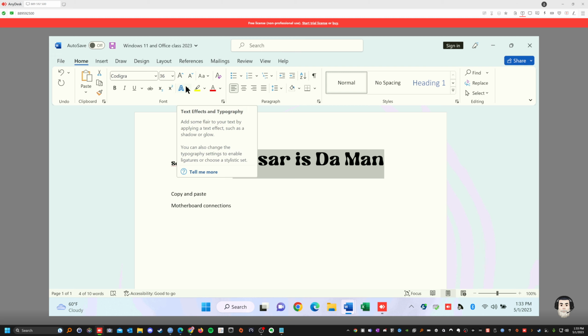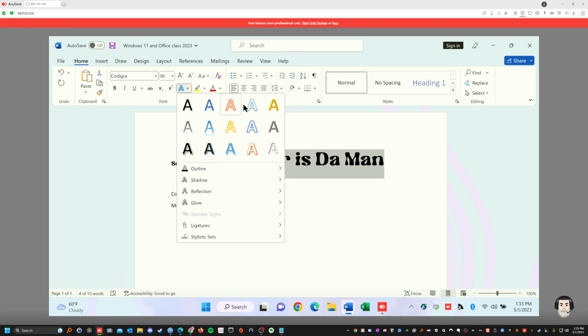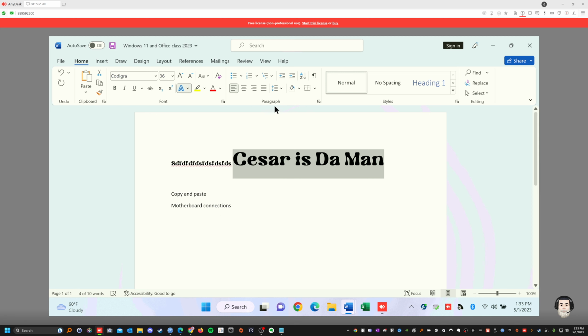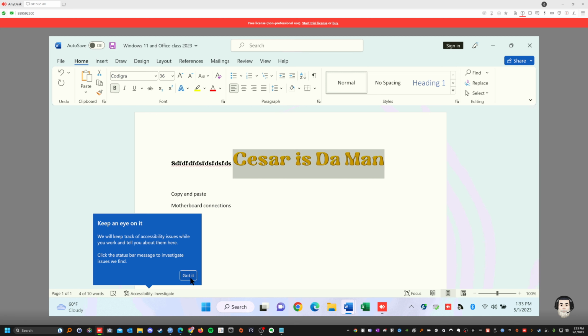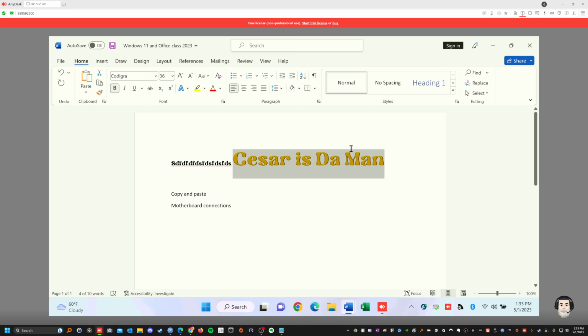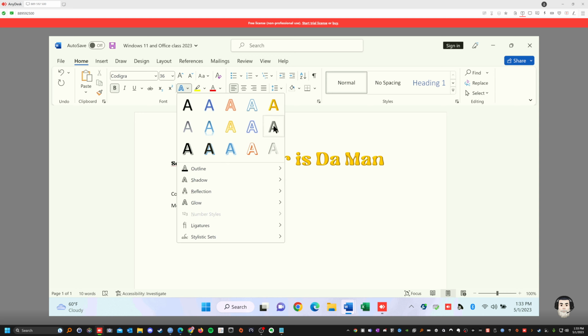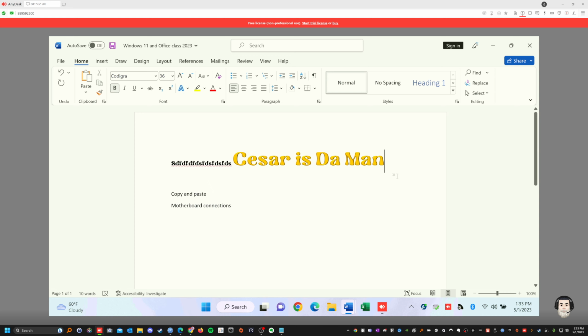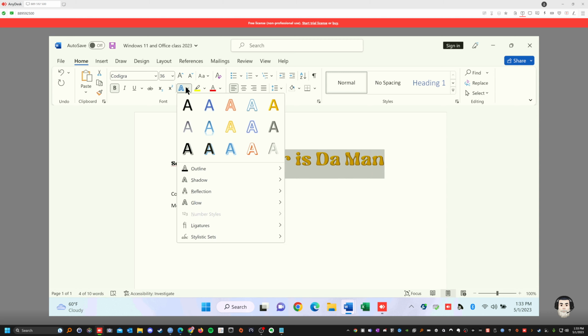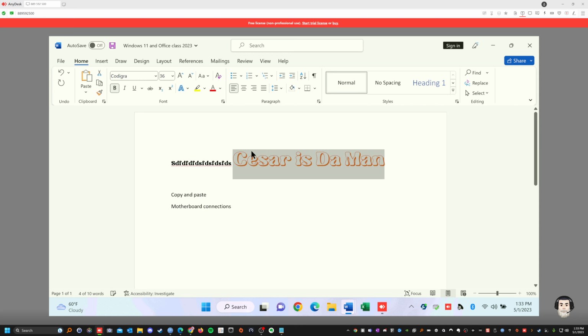This if you want to do a text effect, right? You click on that, and then you click on the text effect you want. So let's say I want the yellow. See? See the difference now? But make sure you're highlighting the font you want to change. If you don't have a highlight, it's not going to make any changes. So in this case, if I click on here, I could click anything, but it's not going to change anything because you got to highlight it in order for you to change it. So let's say you highlight that, and you go like this. See that?